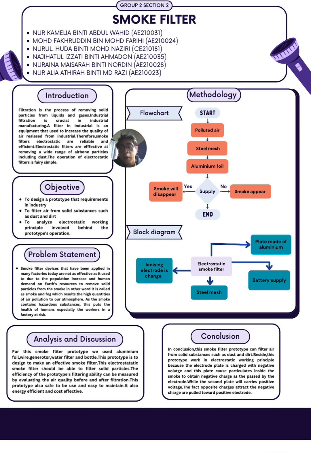So how does it operate? Basically, when we turn on the power supply and we burn something, for instance a paper, it will produce smoke. But with the help of the power supply, it will filter the smoke and make it disappear, as the negative charge will attract the positive charge, which is the aluminum. Therefore, the smoke will disappear. Meanwhile, when we turn off the power supply, the smoke will appear again. That's for the introduction, and let's move on to the objective.